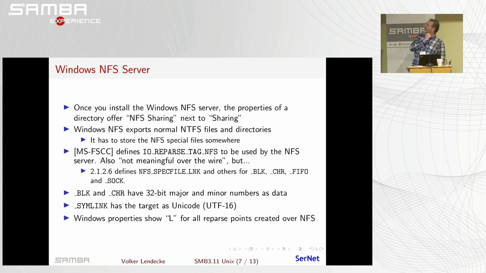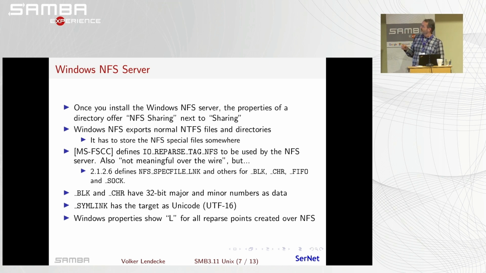We have a subsystem in Windows that is facing the same problems. I was talking about how to represent symlinks, how to represent special files, how to represent sockets, and so on. Windows has a still running NFS server, and there's the same problem. This NFS server runs on NTFS. And what does the NFS server do if somebody does a make FIFO, or a make node, or a symlink or so? So, and they used,